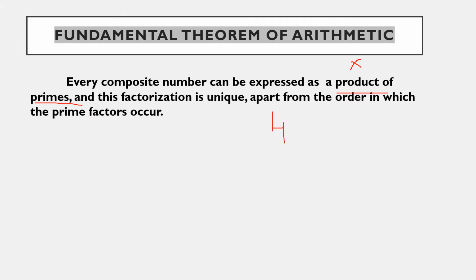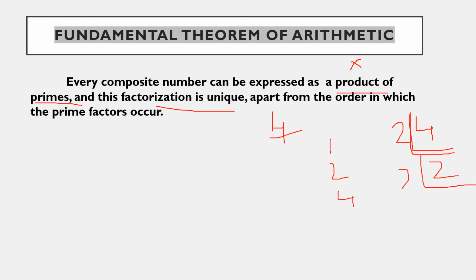I took 4. I am telling that 4 is a composite number. It is having the factors 1, 2 and 4, and this factorization is unique. If you find out the factors of 4 using the prime factorization method, children, you learned this prime factorization method in your childhood, right? So I'll start with 2. 2 2s are 4, and here 2 1s 2. Okay, so these are your factors.